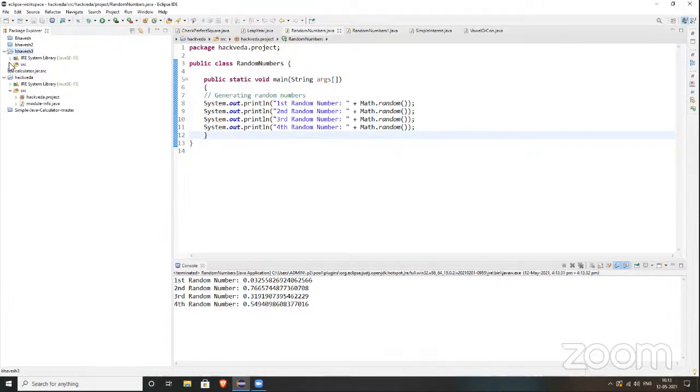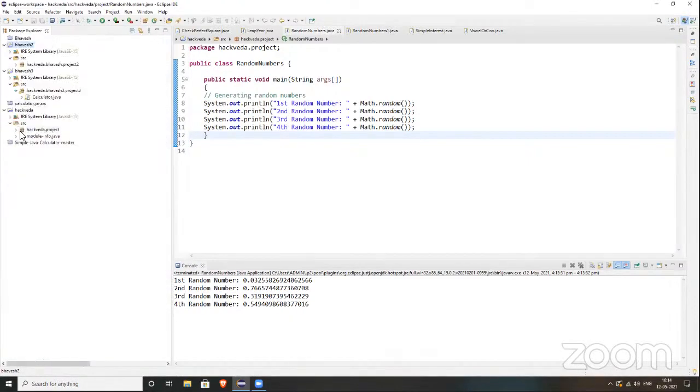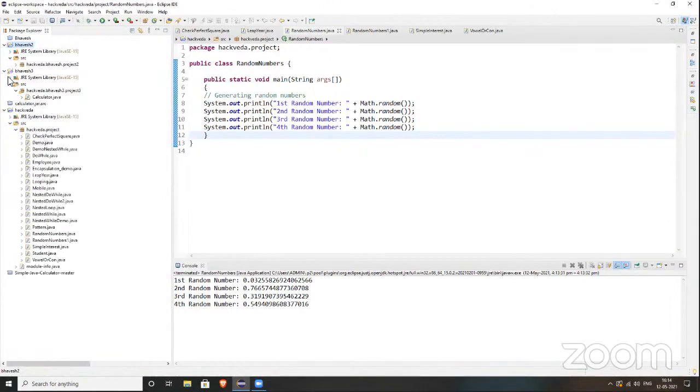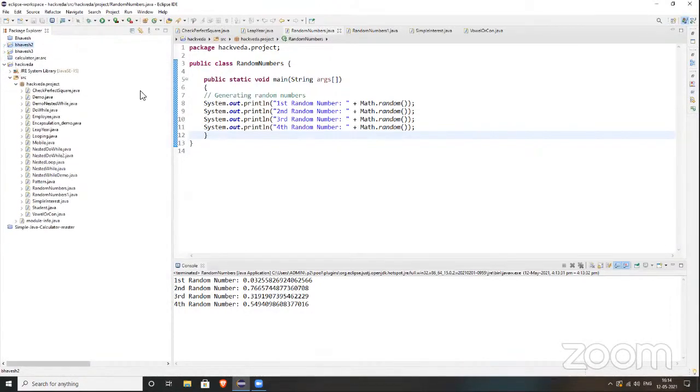The Java compiler JDK that is currently developed, like Java 15, Java 16 or the latest one, they have this library available by default. So we don't need to import it. That is the reason when you call it with math, it's working. But if you work on previous Java like Java 8, Java 6, 7, 9, it might give an error. So it completely depends on the Java JDK that is installed on your system. That is the reason it's working, because it's already been defined in the JRE, so we don't need it.